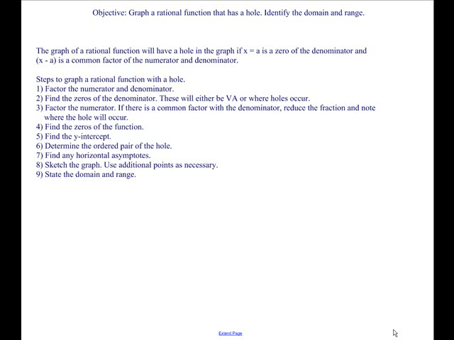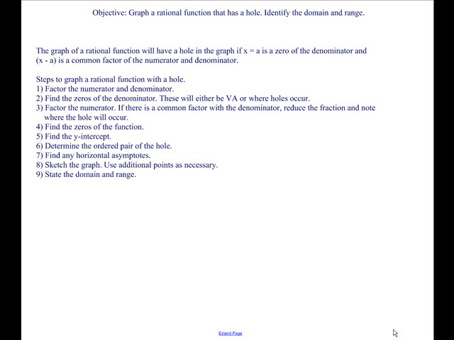Hello, this is Andrea Hendricks, and I want to talk to you about a second type of rational function that we need to graph. These are the ones that have holes in their graphs. And if you will recall, the graph of a rational function will have a hole in the graph if x equals a is a zero of the denominator and x minus a is a common factor of the numerator and